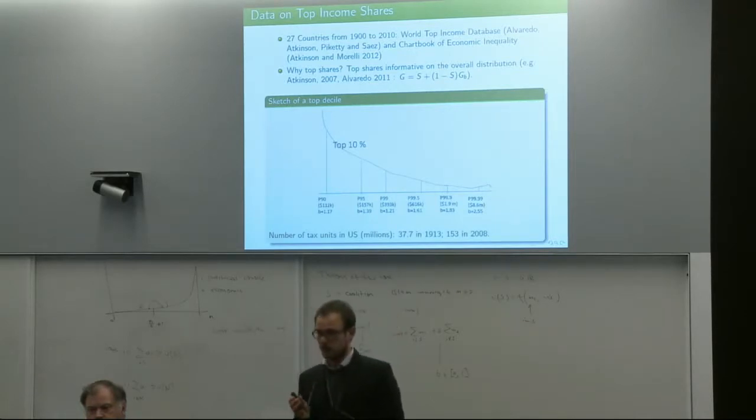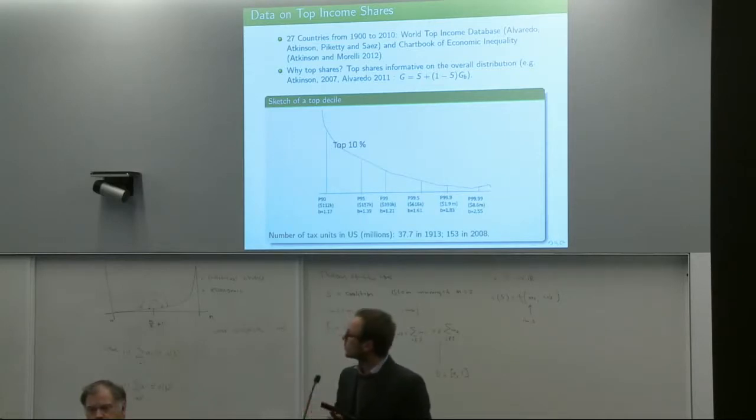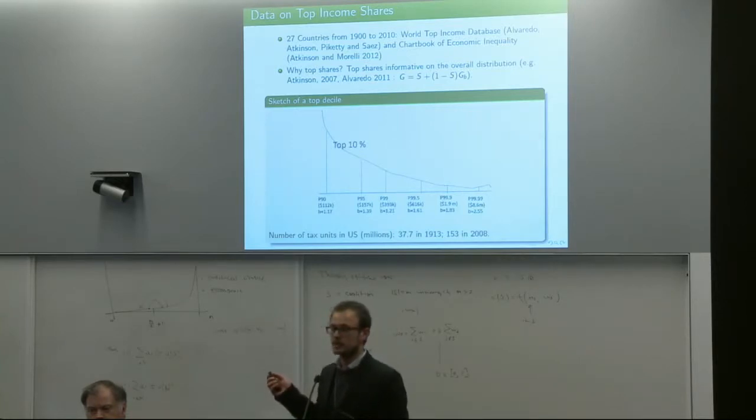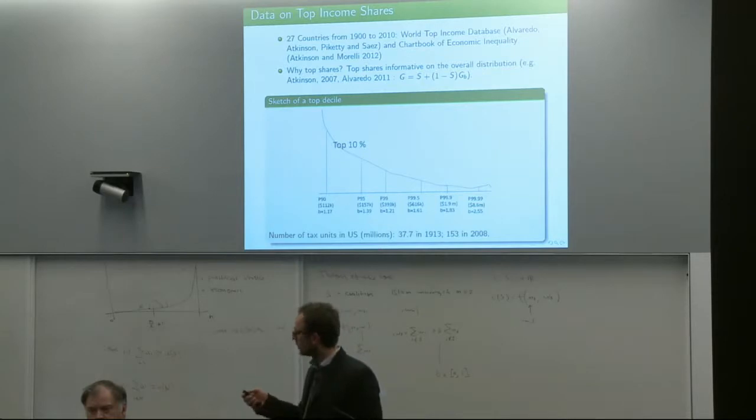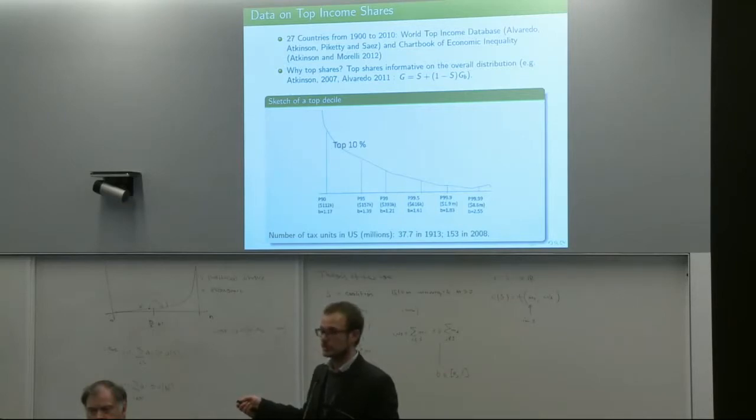This is data drawn from the World Top Income Database, and some of it also drawn from the chart book of economic inequality. Here I depicted a sketch of the right tail of the US gross income distribution for tax units. As you can see, here we are talking about the 15.3 million tax units which earn an income higher than 112,000 US dollars. So there's a lot of people here, despite being a very tiny fraction of